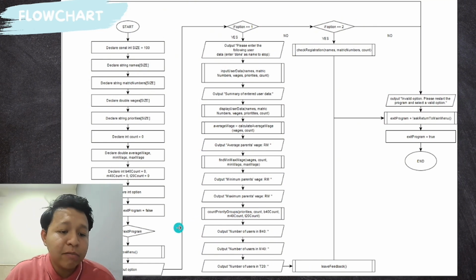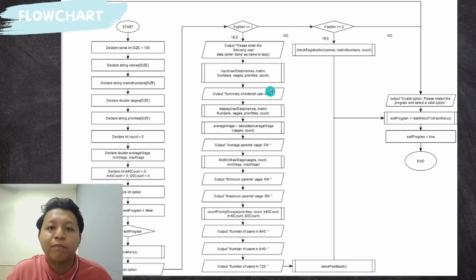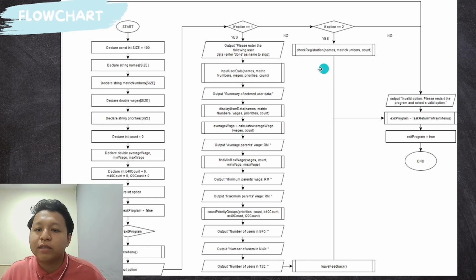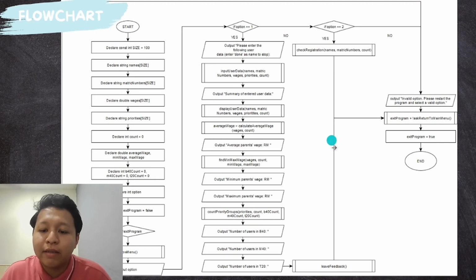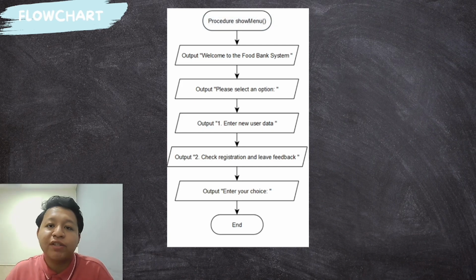When the user is at the while not exit program loop, they will use this step. If the user inputs option 1 in the selection, yes, they will use this step. If the selection is yes for input 2, they will use this step, and for no, they will use this step. They do not use option 3. They will use this part, and they will have call function, declaration, process, looping, and selection. This function is show menu, so they have output there, then end function for show menu.